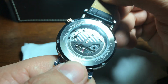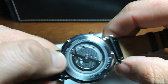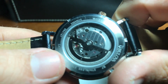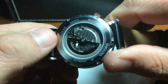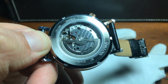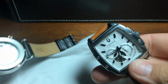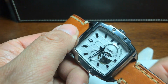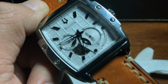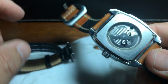So we flip it over, and we have a little bit of some detailing here with the metal work. The rotor's pretty plain and kind of chintzy, but overall it's a pretty decent looking movement. It's your standard Miyota that Bulova likes to use. It's a 21 movement, and it's actually, believe it or not, the same exact movement that's in another one of my Bulova automatics. This one is actually much older. It's the 96A122, and if we do a side by side,